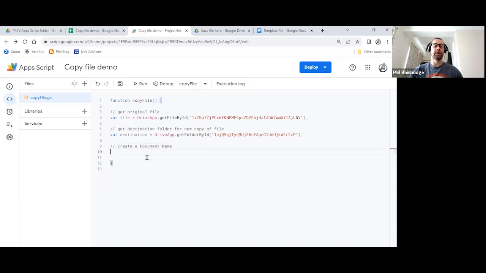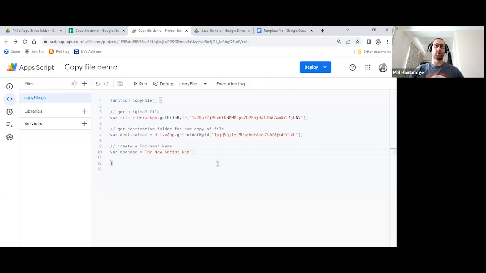It's going to be the same name, which in reality is not the way to go, but in this demo it is. It means if you were to rerun the code again and again, you'd get lots of files called the exact same name. In reality, you'll probably pull the data from a Google Sheet, so it updates automatically. So we're going to save the name in a variable, and I'm just going to call mine docName, using camel case with a capital N for the second word. Then in single or double quotes, because this is just a string, we're going to call it "my new script doc" with a semicolon at the end, and hit save to check that that's happy.